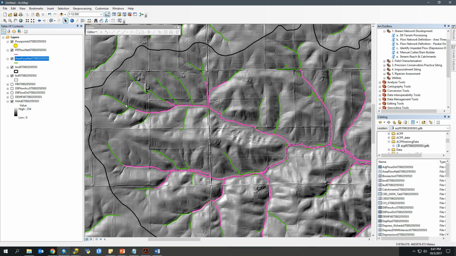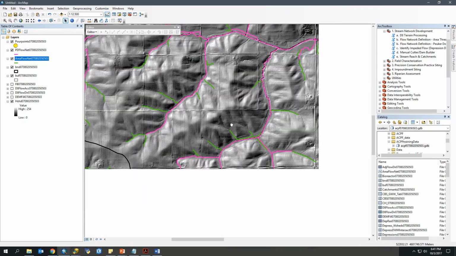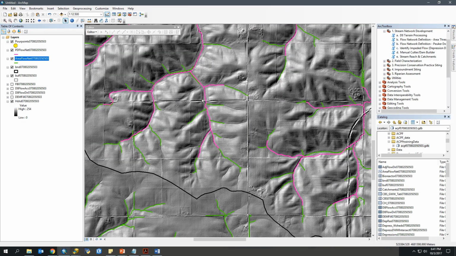So I'm going to choose this one to ensure that any channel that I believe to be perennial or one that I am interested in, maybe for later tools to be run with, like the riparian assessment suite, will be included in my perennial network.